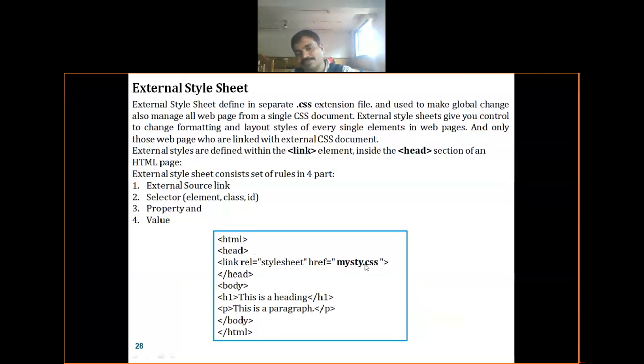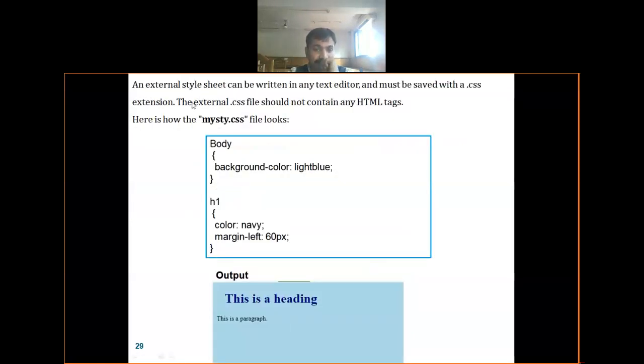You have to make a CSS file and just call it there, referring to h1 and p. The properties regarding the heading, paragraph and body tag are all specified within the CSS. So when it is linked and I run this file, it automatically calls this CSS and applies whatever properties are there. As an example, an external style sheet written in a text editor must be saved with a .css extension.